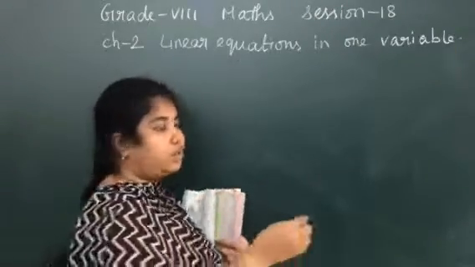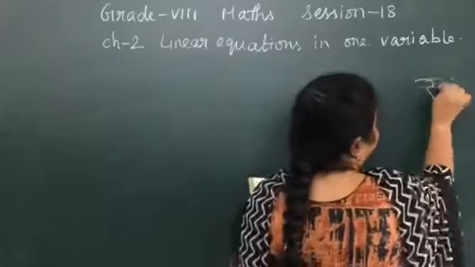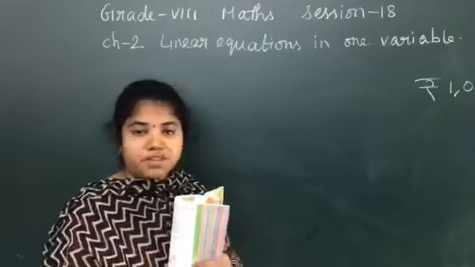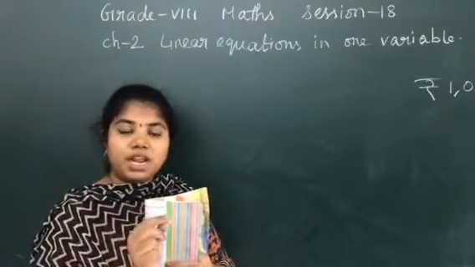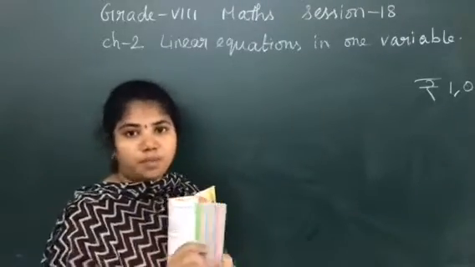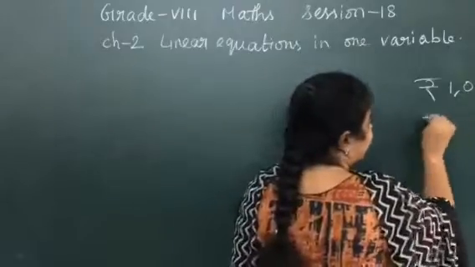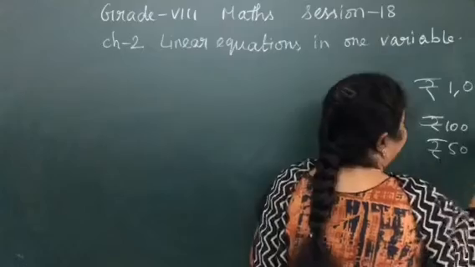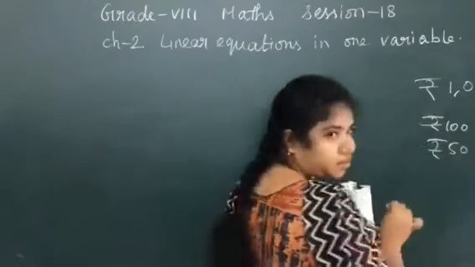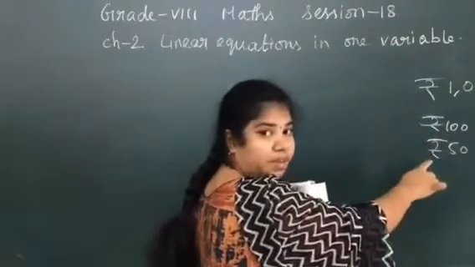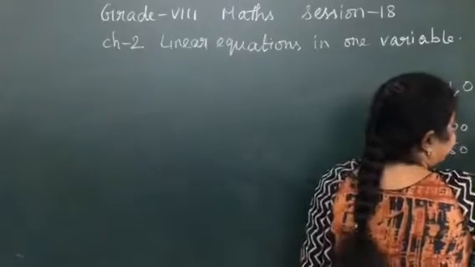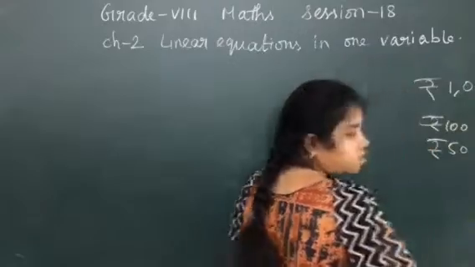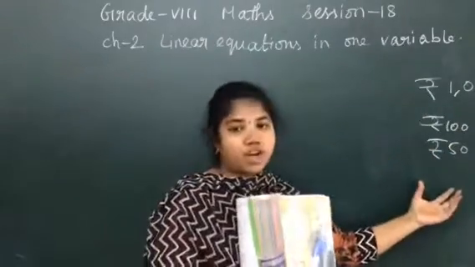Now for example, if you are going to the bank and depositing rupees 1000, but you are having denominations of 100 and 50 rupee notes. For example, you are having 9 notes of 100 rupees and 2 notes of 50 rupees. What is the meaning of that? 9 into 100 and 2 into 50. Therefore, it will be 1000. Yes, this is the meaning of denomination.